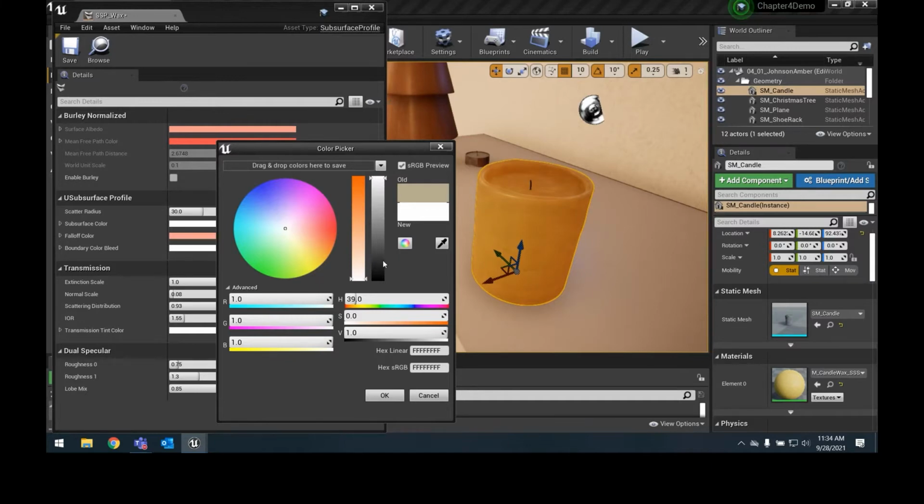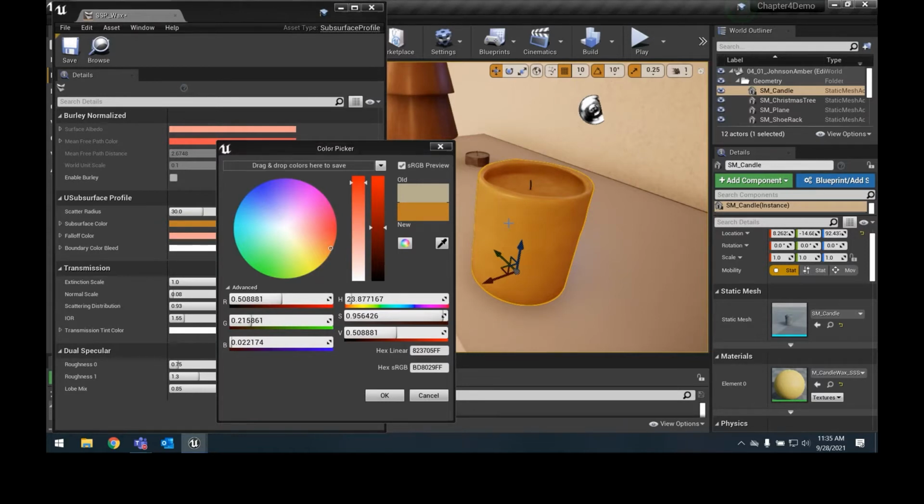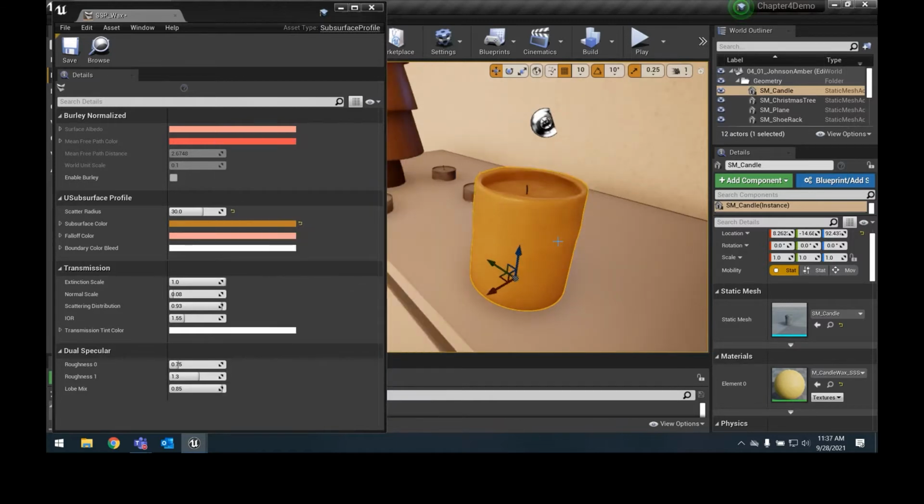But what you might want to try to do instead is choose a color close to the actual base color of this. And you're going to get a little, it's going to look waxy. Okay, let's keep going. So we got our subsurface color, and the last thing we need to change is the